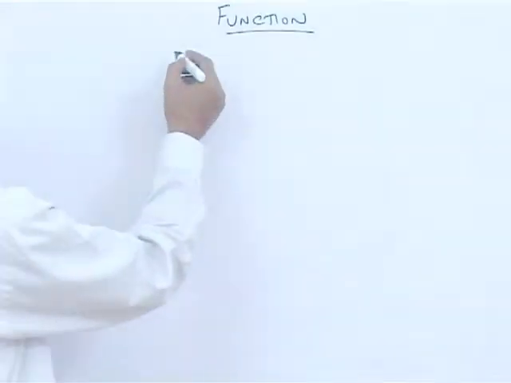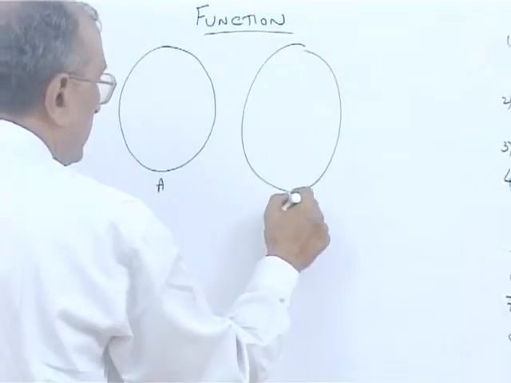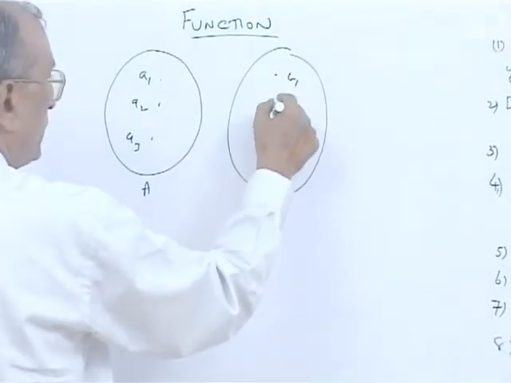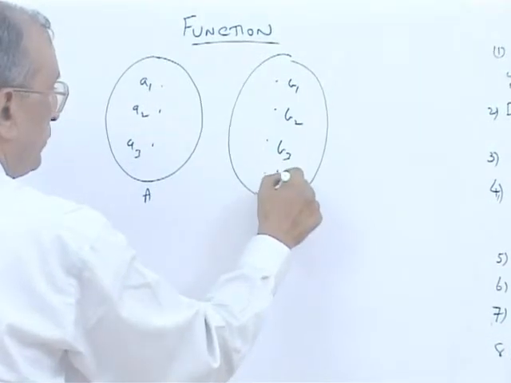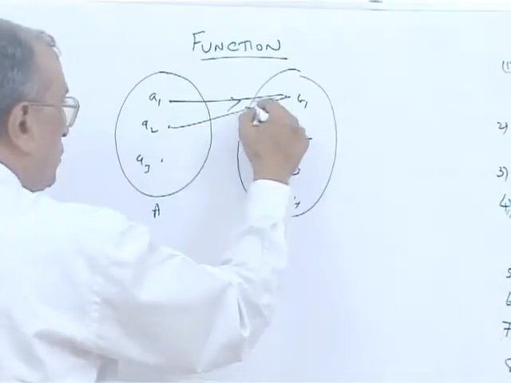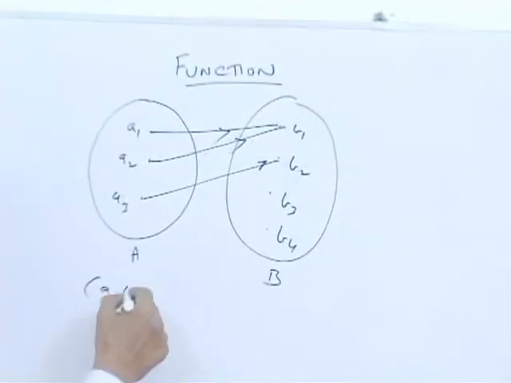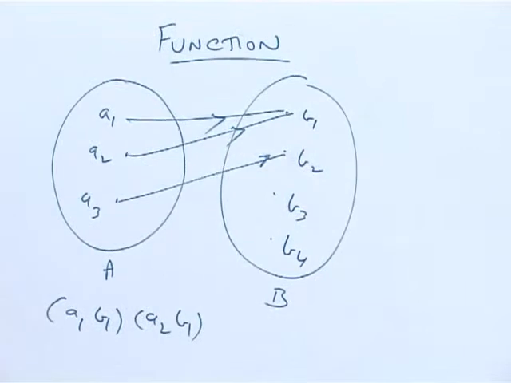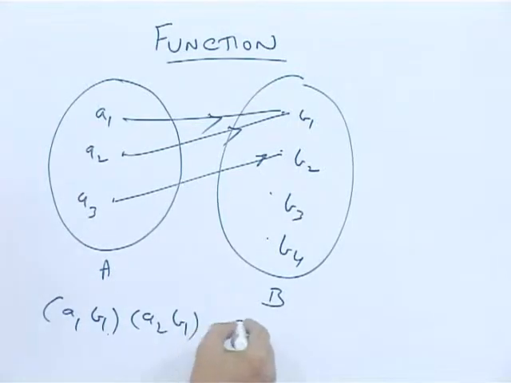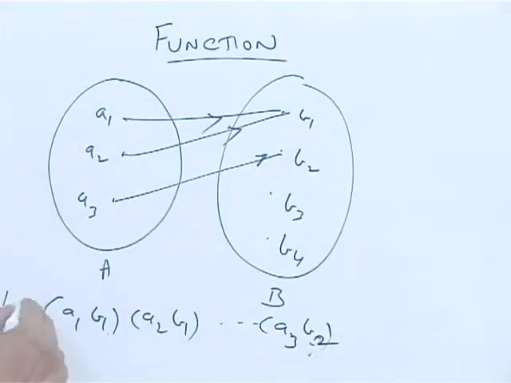Now let's consider the following more of Venn diagrammatic approach of function. If I have set A here and set B here, I will consider again the 3 points A1, A2, A3 and the points B1, B2, B3, B4. I find A1 is related to B1, A2 is also related to B1 and A3 is related to B2. Still I find the ordered pairs A1, B1 and A2, B1 have unique images. A1 has a unique image B1, A2 has a unique image B1. The other element A3 is mapped to B2. Hence this is also a function.